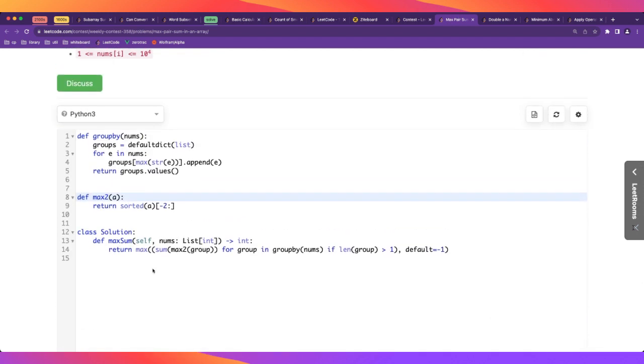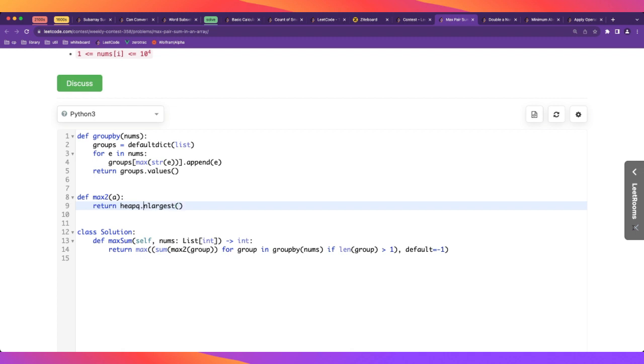Of course, we didn't need this for the contest. Let's make that clear. But here, we don't actually need to sort, right? Because we only need the 2 maximum elements. We could do this by keeping 2 variables with the maximums, the top 2 elements so far, but there is already a function in